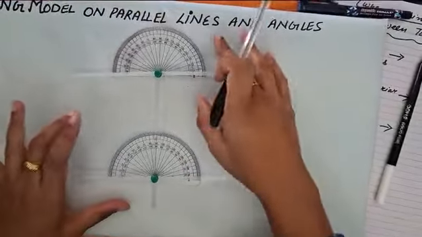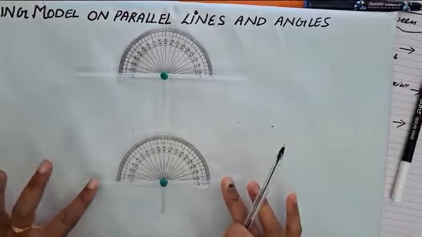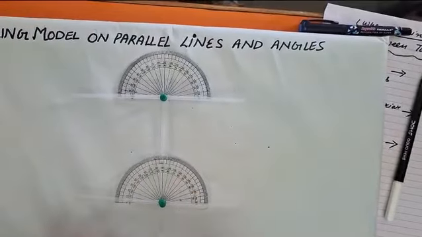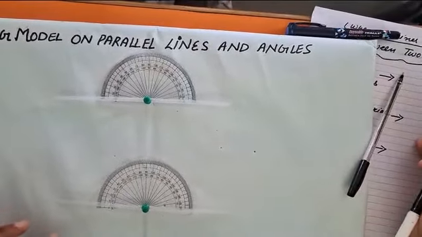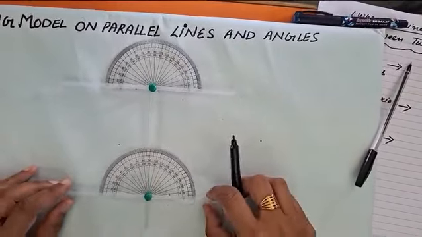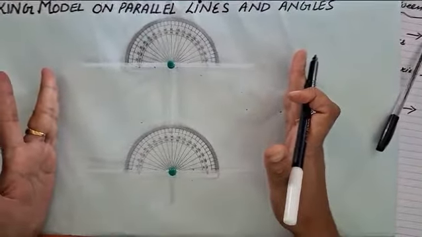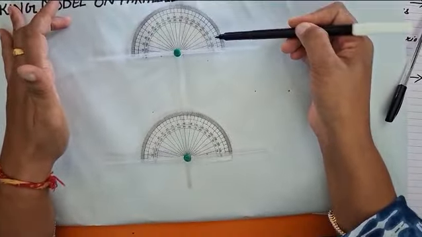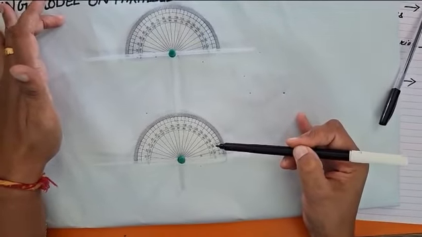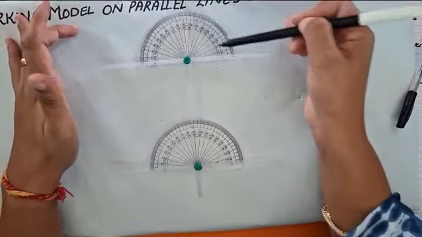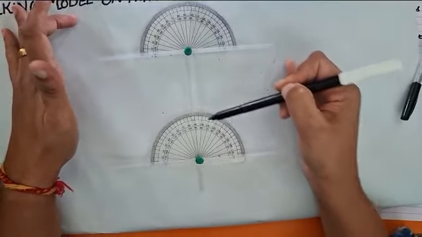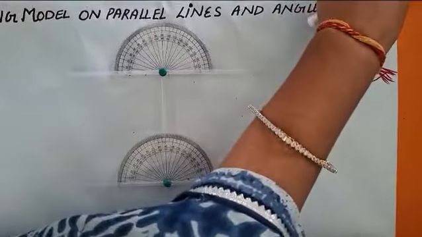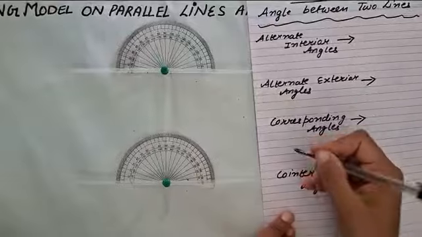See, these straws will represent two lines and this straw will act as the transversal. As you can see, these two lines are parallel. Now in this case, two lines are parallel. You can see this angle and this angle. These are corresponding angles. You can see the measure, 90, 90. So what you are observing is that the corresponding angles are of measure 90 degrees.